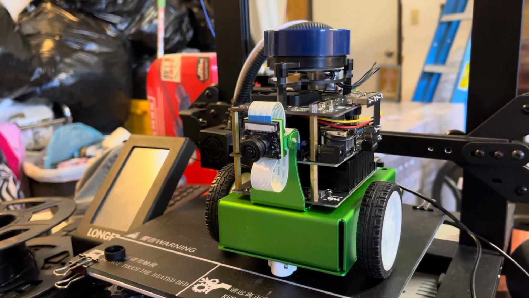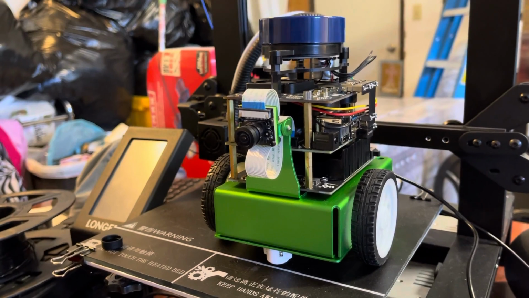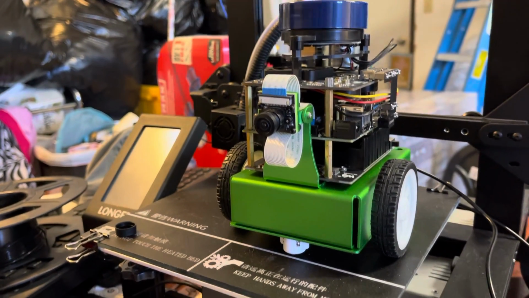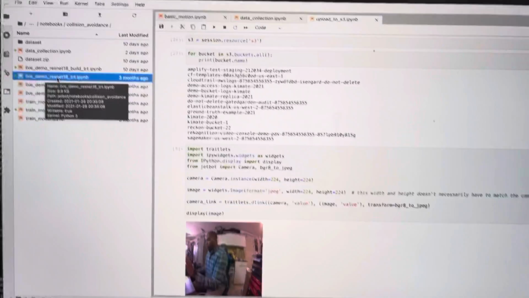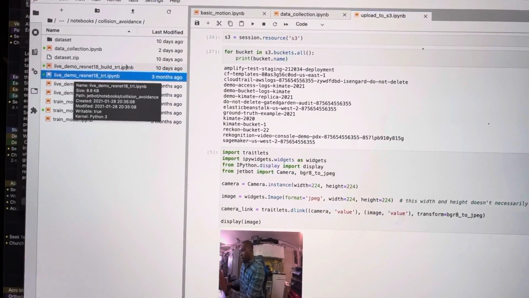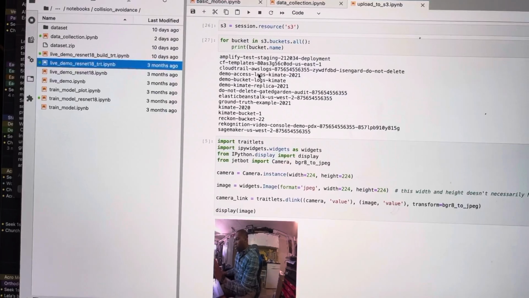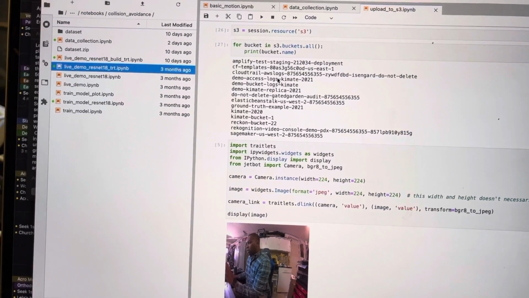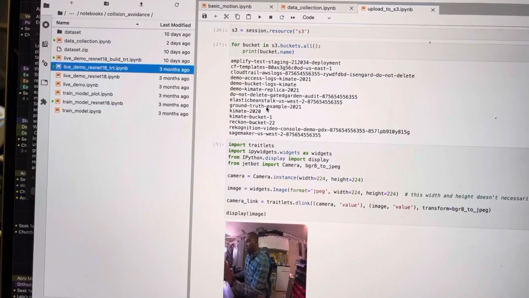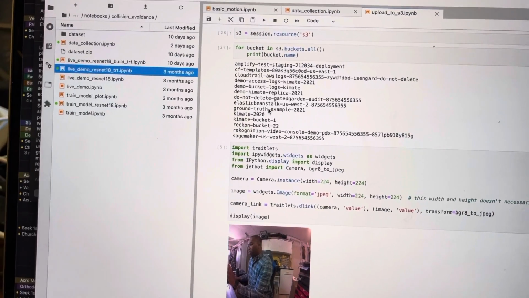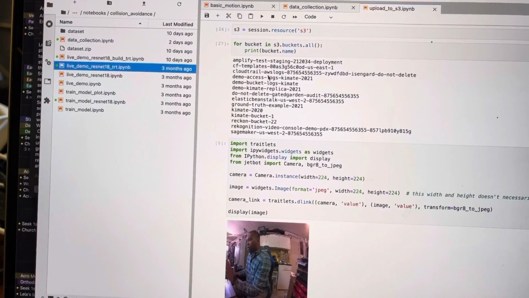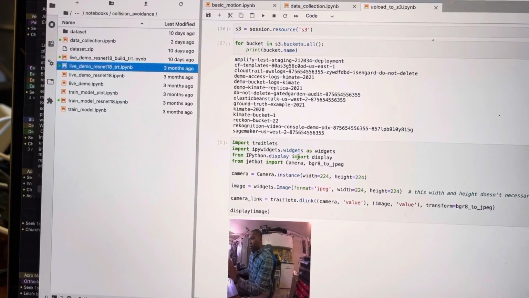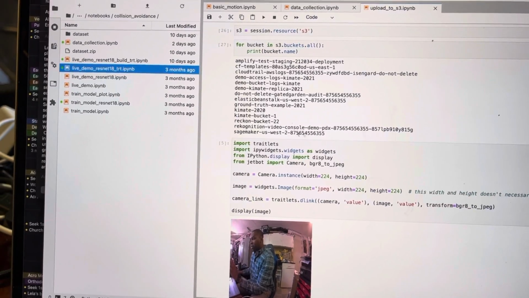YD LiDAR running on top, and it's got a sound sensor module and some other stuff going on there. Well, the important part is here, as you can see, I am setting up an S3 session and using the session-based username password kind of token approach, and from there I am getting back all of my buckets. These are just test buckets, really nothing you can get out of this,